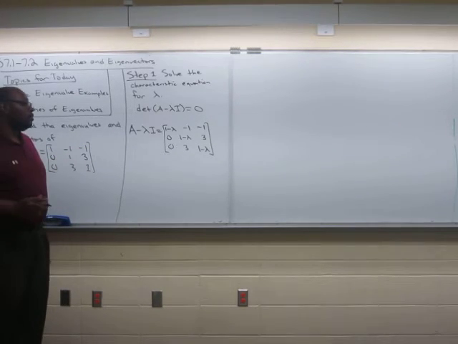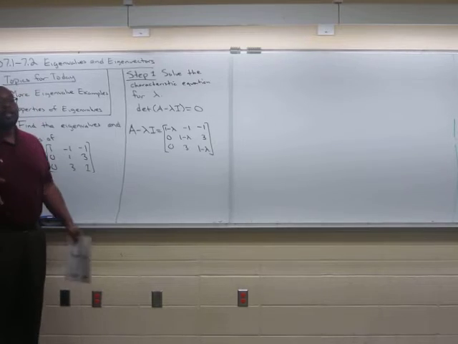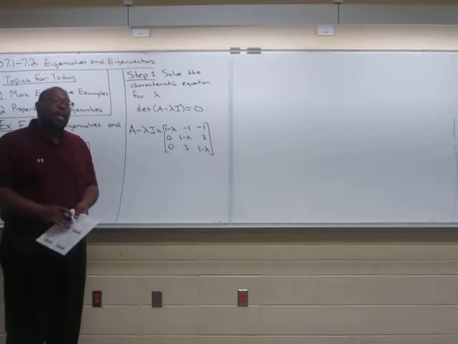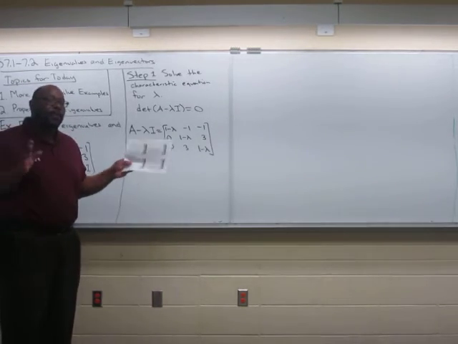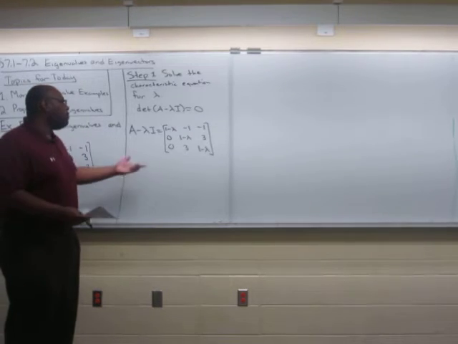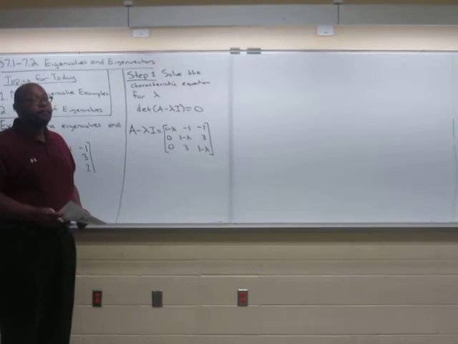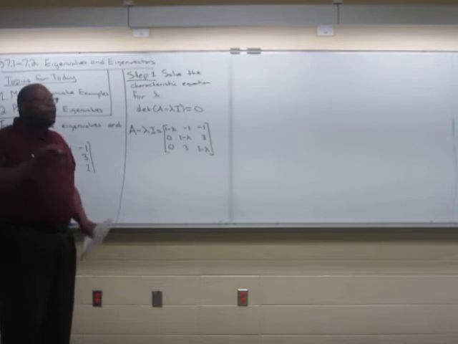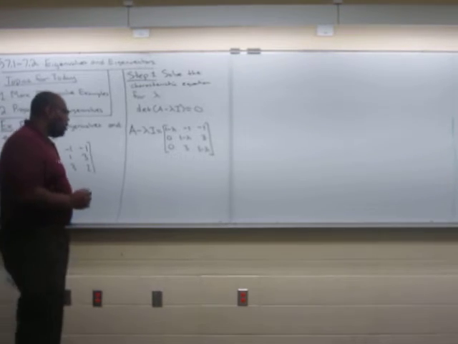Okay, this is what's going to happen when we do that subtraction. This is what we did last time, if you remember. We did A minus lambda I very slowly, but not 2 by 2, and I'm just kind of skipping that step. And then we want to be able to find the determinant of A minus lambda I